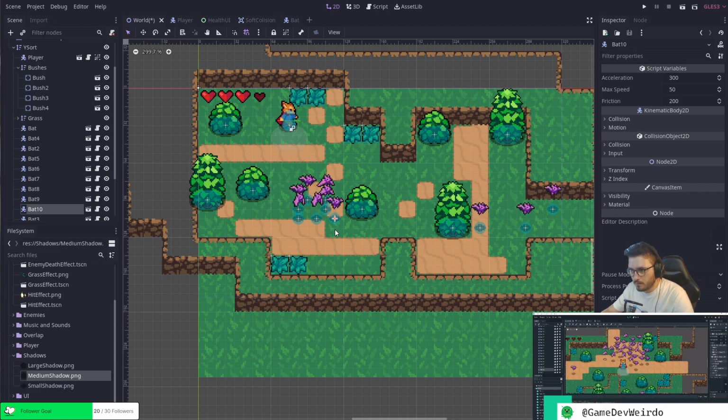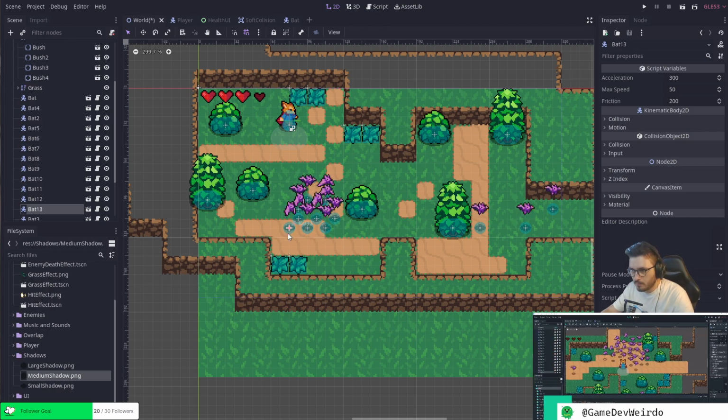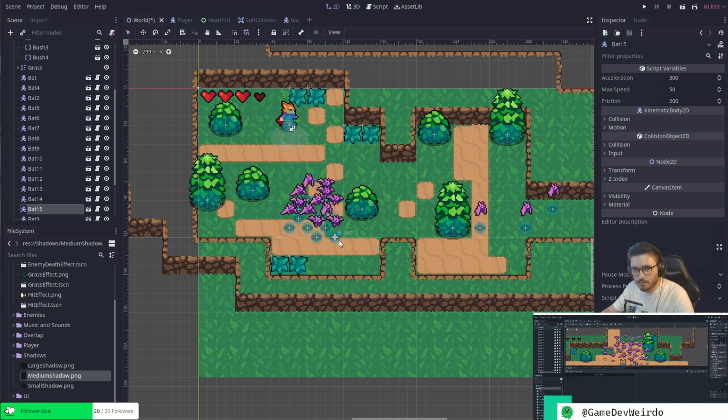But let's actually look at our performance, because I want to show you guys how to do that. So if we run the game, I'm going to move the game, come down into debugger, and if we come into our profile, if we come into monitors, we can monitor